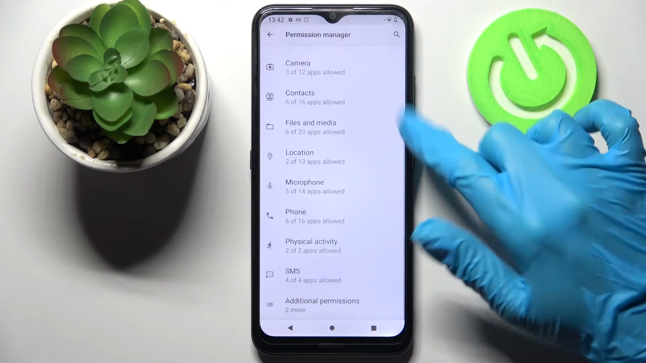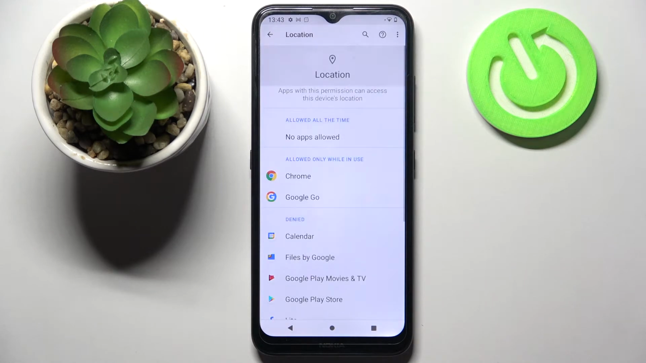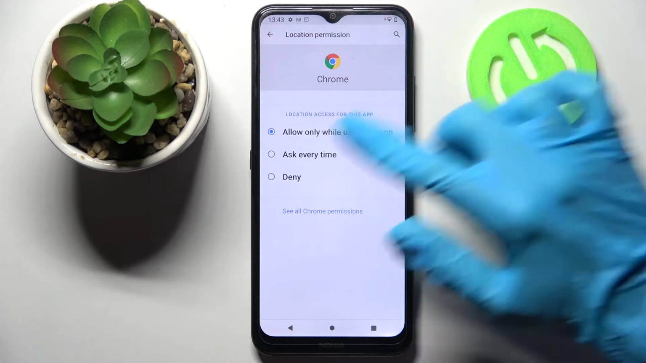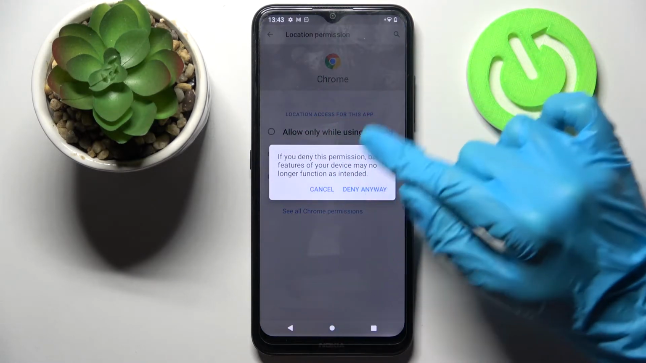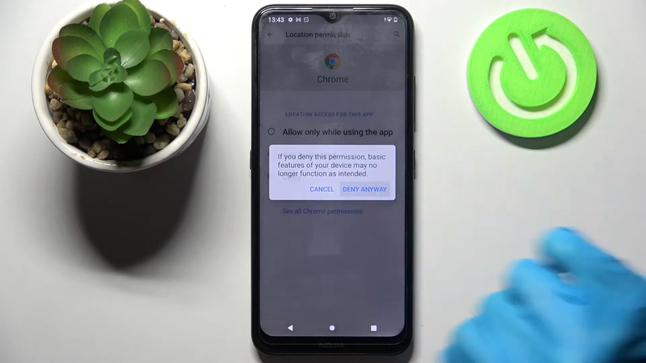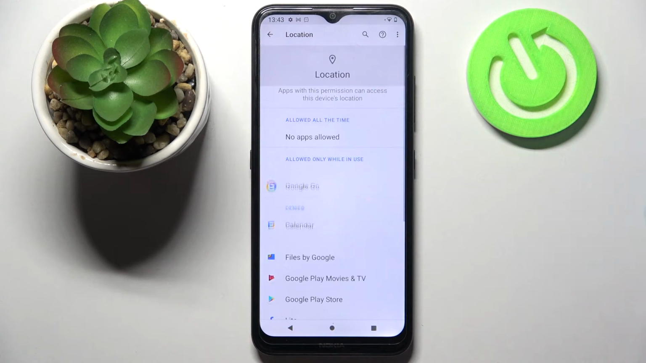and pick one of your phone's features like location. Then you need to select one of your apps like Chrome and pick one of those options. Allow only while using the app, ask every time, or deny. I will go with deny, so now I have to click on deny anyway, just in this case, because this is Chrome. And when I go back, I can see that Chrome no longer has access to this device